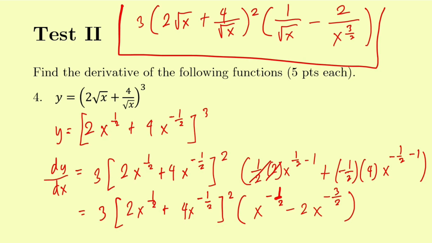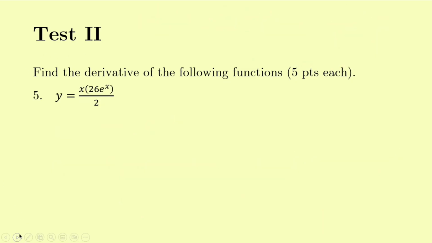Okay. Let's proceed to the last item for test 2. This one is the easiest one for derivatives, actually. To simplify this first, y is equal to, actually it's just multiplied, so we can simplify this as 26x e raised to x over 2. It's the same. We can swap the place of 26 and x because multiplication is commutative. So we end up here with y equal to 26 over 2, which is equal to 13 x e